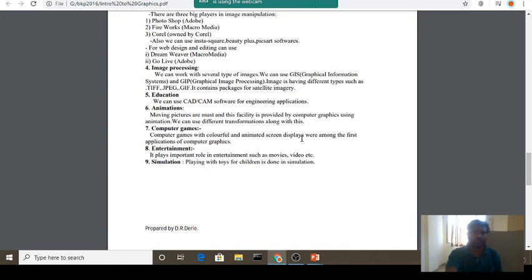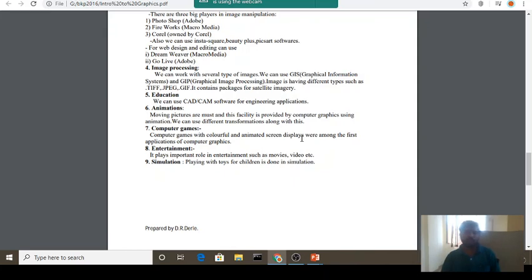Then next is animation. We are using various movies like 2D, 3D, 4D, where D means dimension. 2D means the image or movie can be represented using only two axes, x and y. If we think about 3D, then there are three axes, x, y, z, and so on. That is also available with the help of animation. Today we use various cartoons and games, and in those games and cartoons, animation plays a very important role.